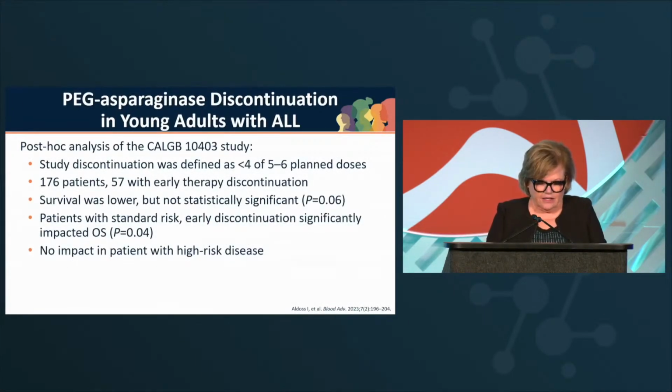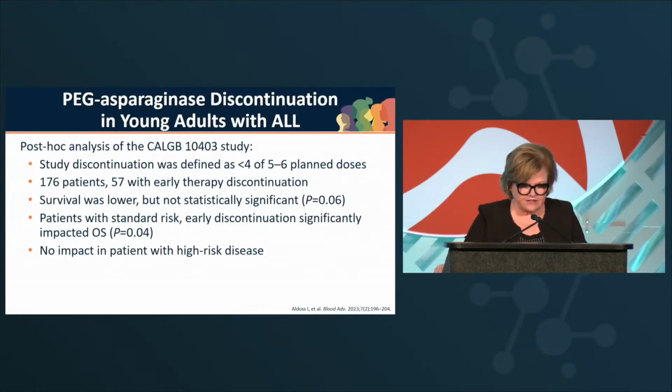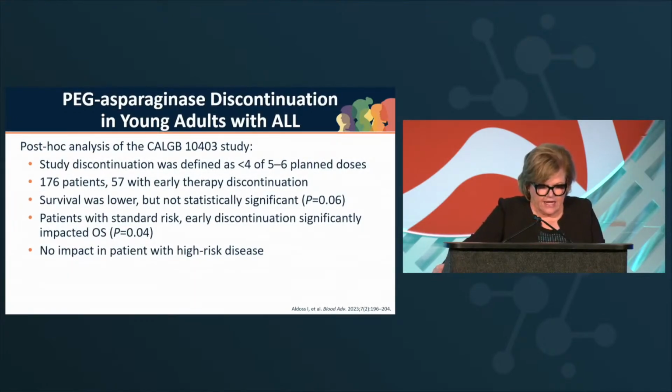Second, PEG asparaginase discontinuation in young adults with ALL. There was a study that found that discontinuation was defined as less than 4 of the 5 to 6 planned doses. And in this study, there were 176 patients and 57 with early therapy discontinuation. Survival was lower, but not statistically significant in this study, but this is likely because of the sample size being